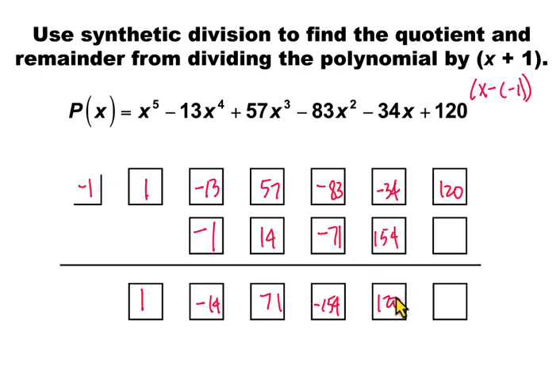Negative 1 times 120 is negative 120. And then we add these terms to get 0. So we end up with this division equation. P of x divided by x plus 1